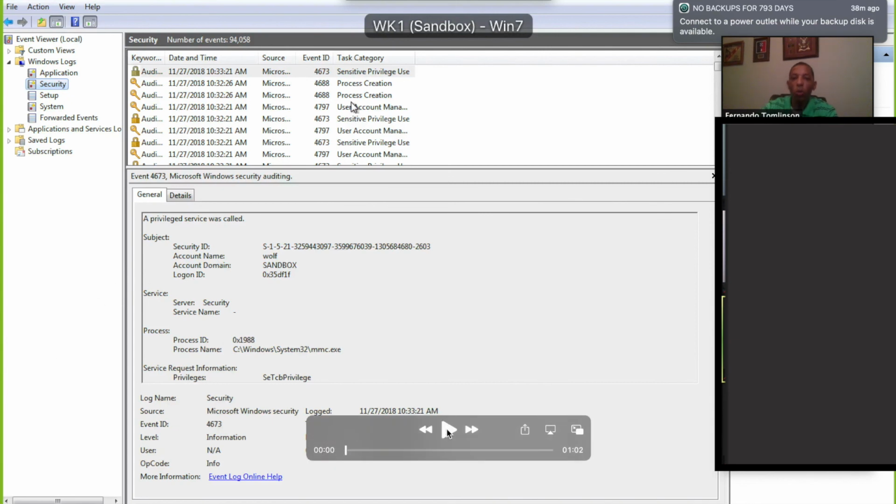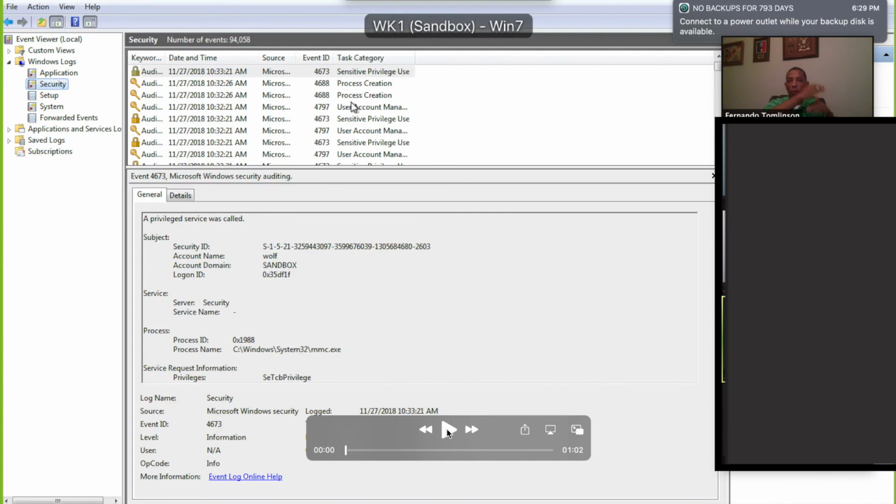All right, so because I didn't get a chance to pray to the demo gods today, we're going to use a pre-recorded video, and I'll walk through it as it's going along. Before I start, we have the registry and Event Viewer, which is built into Windows. Notice off to the left, we have Windows logs, which are essentially event logs. And I'm looking in the security log.